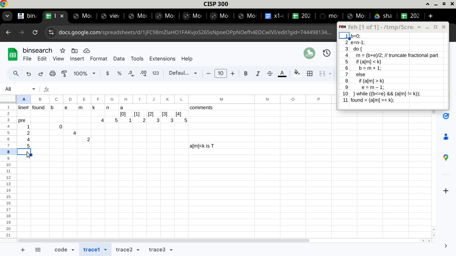We get to line 6, because line 6 is the then statement corresponding to the conditional statement starting on line 5. So line 6 has one thing to do, which is storing m plus 1. M is 2. 2 plus 1 is a 3. So B is now becoming 3. And then after that, where do we go? This is a little bit of a tricky question because it depends on whether you understand how to read nested statements or not. So after line 6, where do we go? Yes,